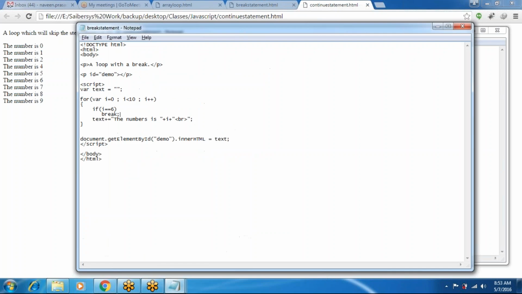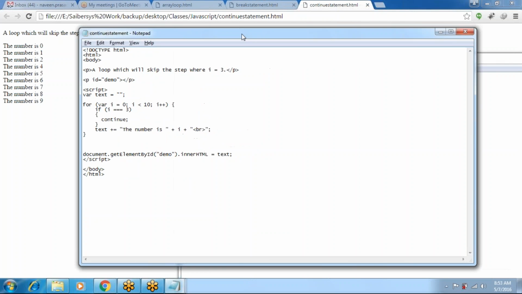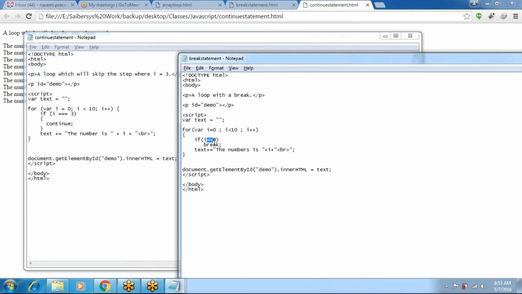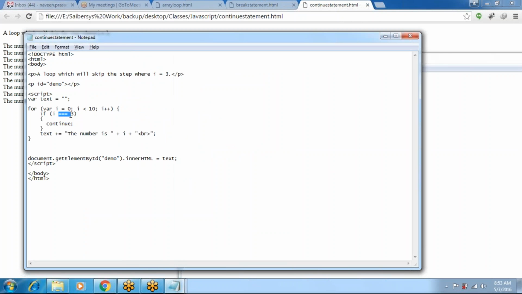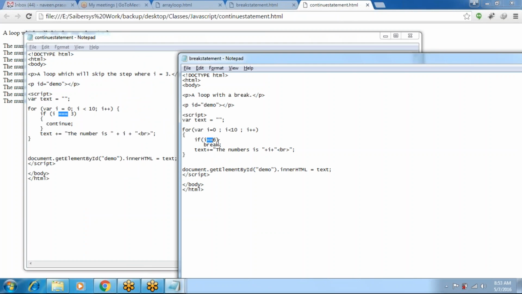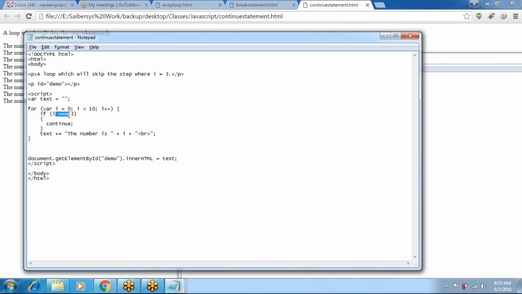The difference between here I used double equal to, and here I used triple equal to. The main difference is that double equal to checks only whether the value is equal or not. Triple equal to checks whether the value is equal to 3 and the type is also equal or not.